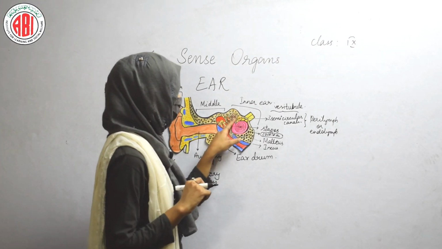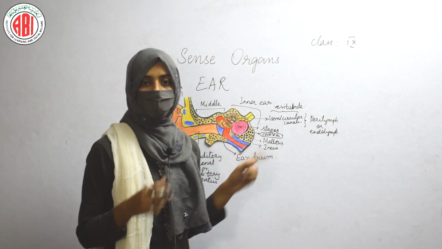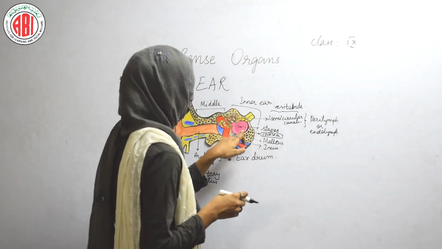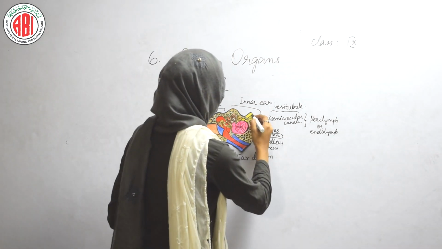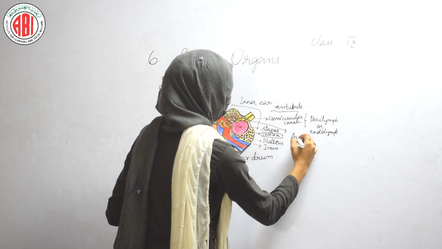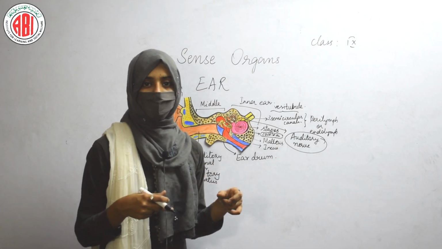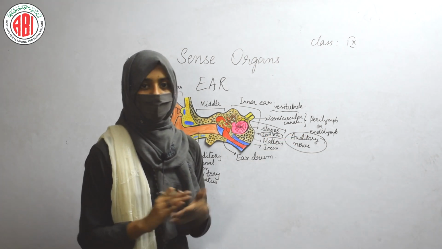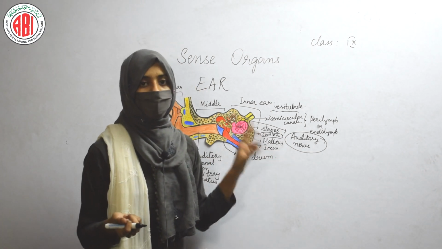These three semicircular canals are connected to a region called the corti, and the corti shows the presence of a nerve called the corti nerve, and the cochlea also shows the presence of a nerve. The corti nerve and the cochlear nerve, both these nerves form the auditory nerve. After the conversion of the sound waves into nerve impulses, the auditory nerve carries them to the brain to send the information.